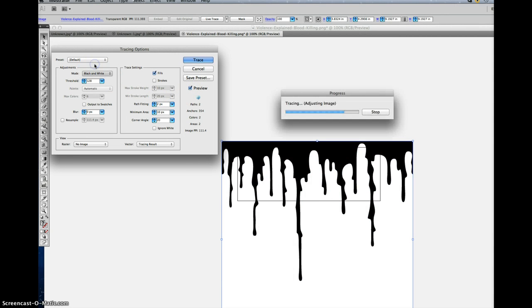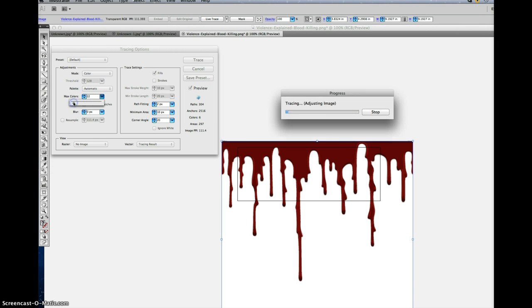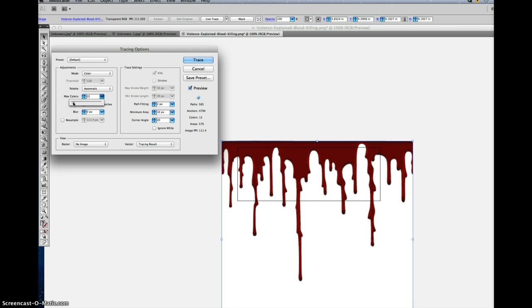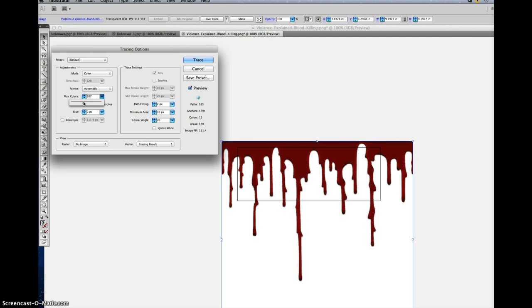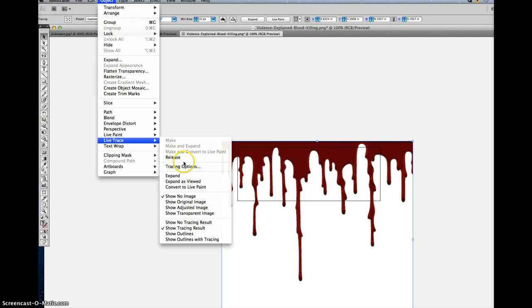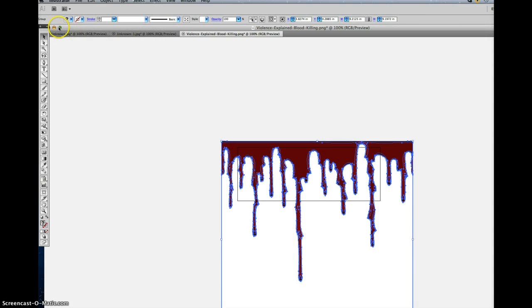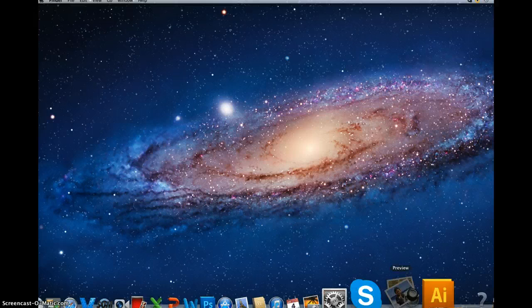I want to make this in color. I'm going to bump this up a little bit. Actually, it's probably not going to do much because it's all fairly one color. I'm going to bring it all the way down. That's fine for right now. Hit Trace. I'm going to go back up. Object, Live Trace, Expand. So that's 3 images, and I actually have a background of anger that I found,